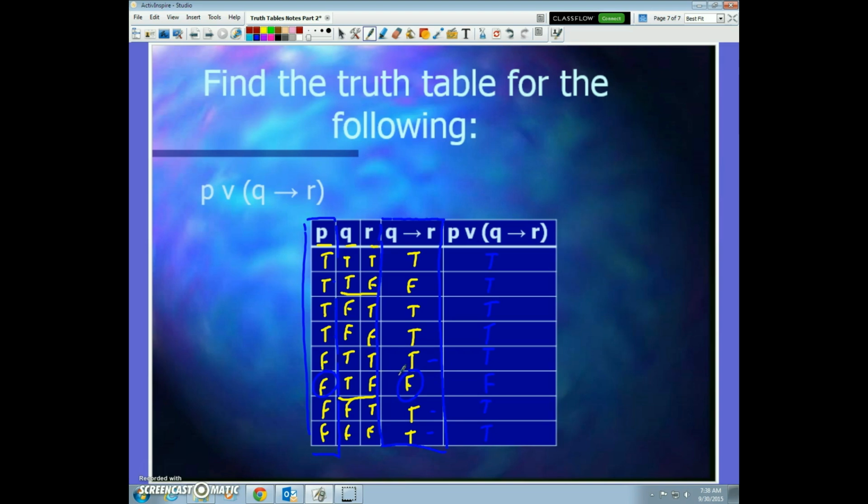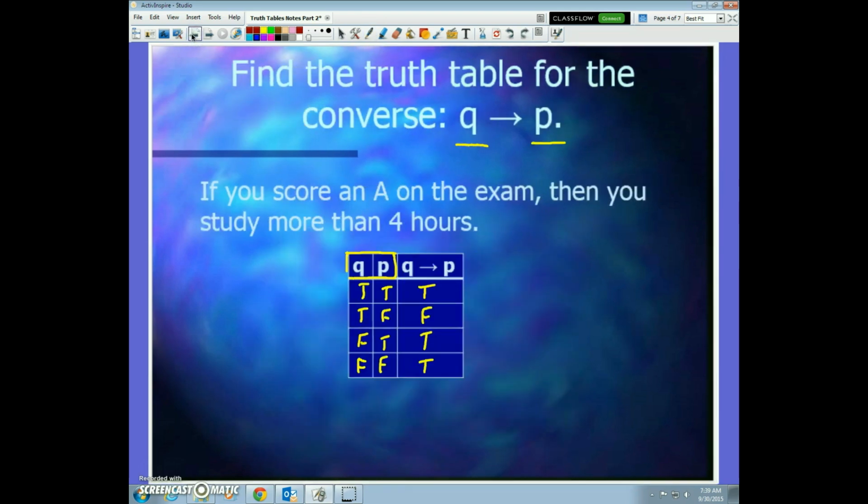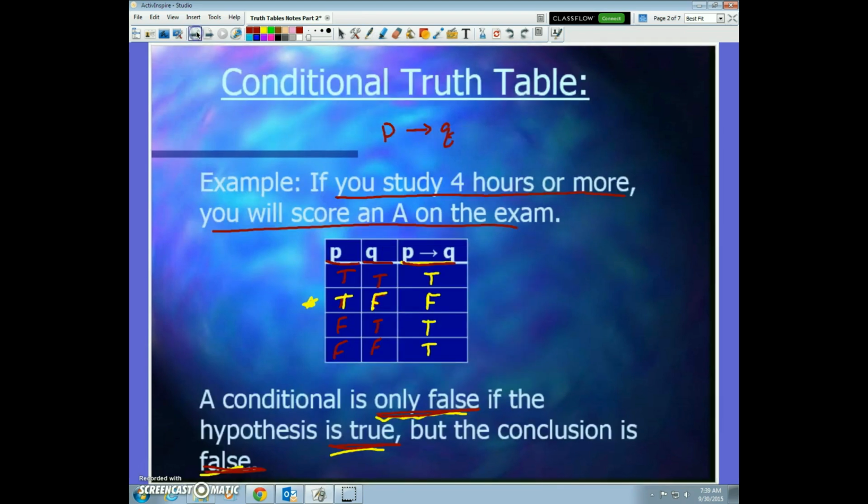All right, so we got a couple complex examples in there, and hopefully we're starting to catch on how these truth tables work. Today we learned about a conditional, so hopefully you know that in a conditional, the big idea, the whole point was to introduce you to the idea that